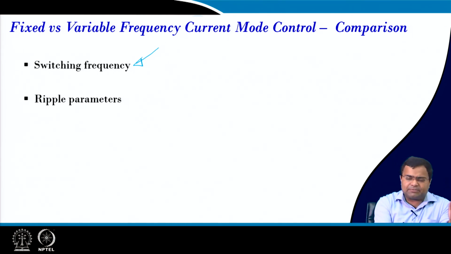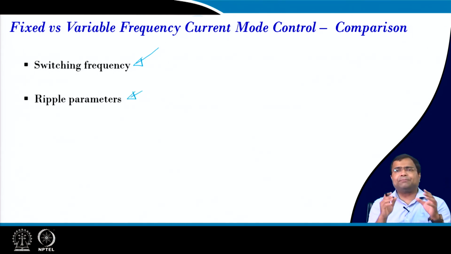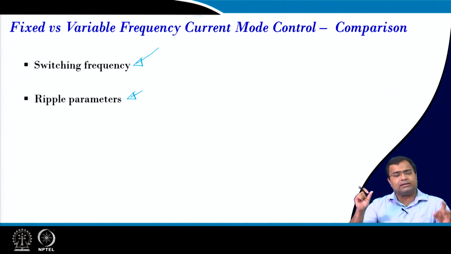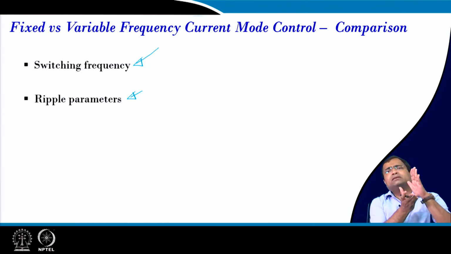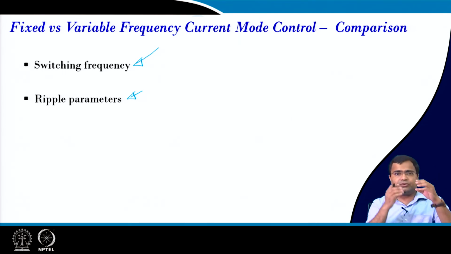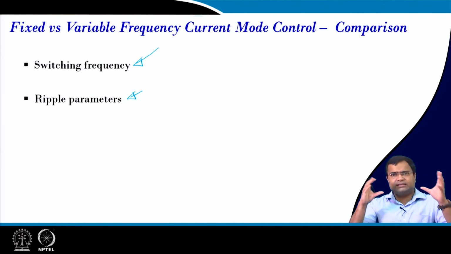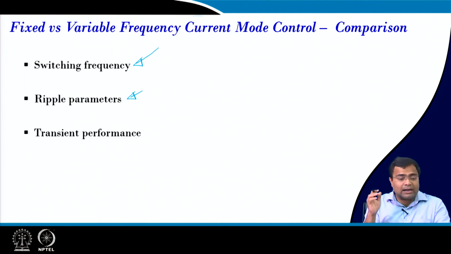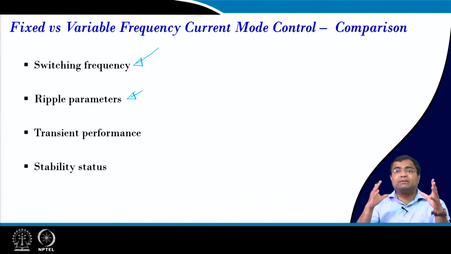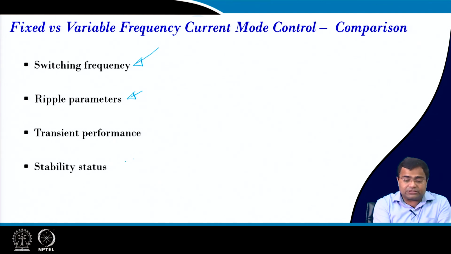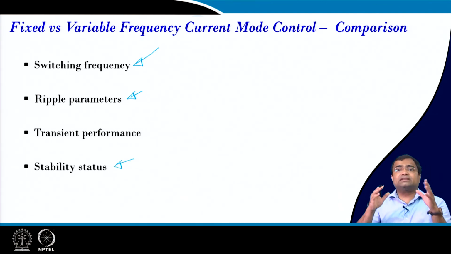That means the ripple under steady state, if you can match the switching frequency of fixed frequency, then the ripple parameter will be the same and the worst condition is applicable, because essentially you are getting the time period exactly identical to a fixed frequency control. Okay. But when you talk about stability, we discussed in lecture number 23